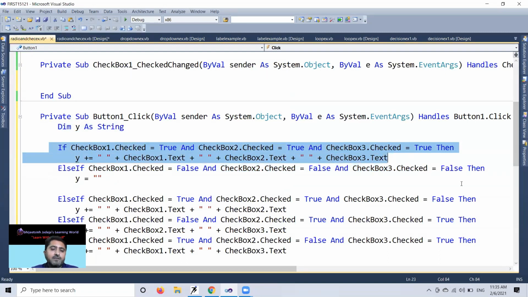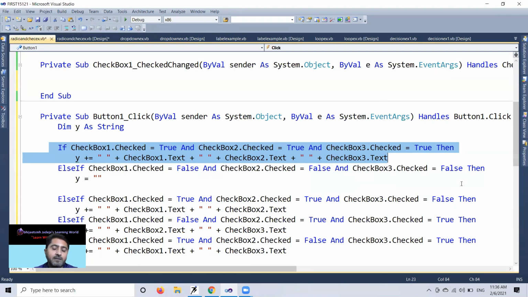Look, checkbox 1 dot checked equal to true, and checkbox 2 dot checked equal to true, and checkbox 3 dot checked equal to true, means all three on. Then y equals y plus. This is a shorthand operator of y string. As you know, in your code you can easily see dim y as string.